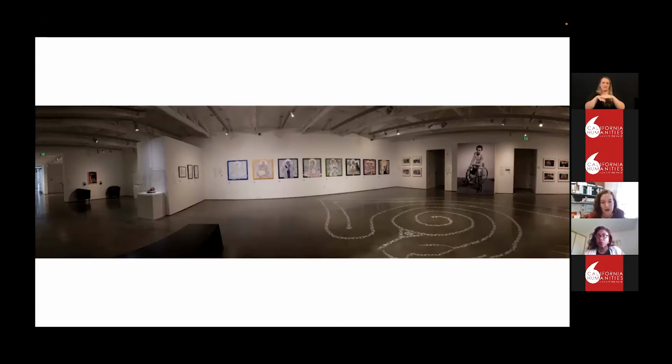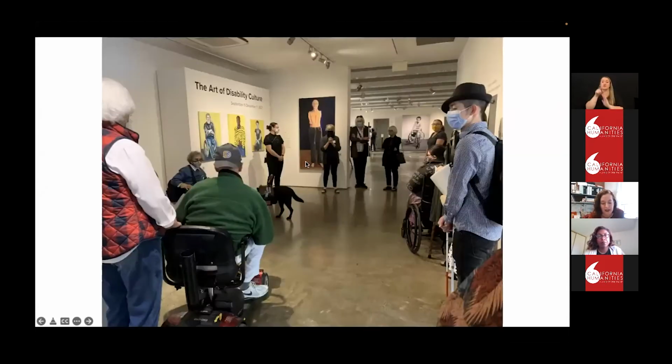And if I could just show you the next image. This is an image of the interior of the gallery during our Community Day event. On the right, there is an Asian American man standing with a cane, wearing a hat and a face mask. And on the left, there's a woman visitor standing with white hair next to a man sitting on a scooter with a baseball hat. And in the middle of the space, there's a woman in a wheelchair with a guide dog, and then a standing ASL interpreter next to Fran, who is starting a walkthrough.